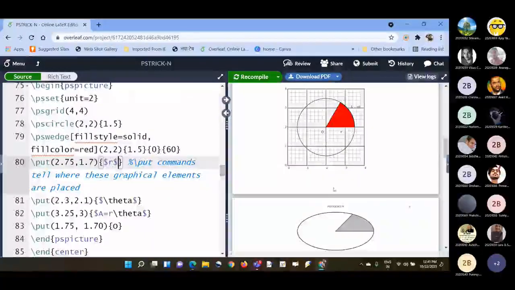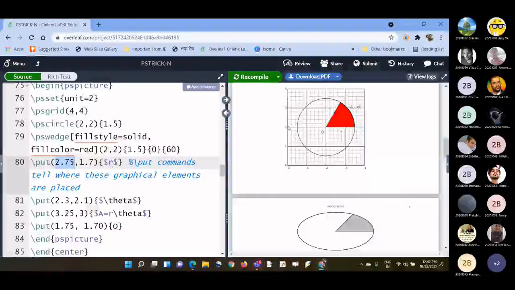And then of course you can see from here this is 1, this is 2, so this is 2 2. So this coordinate you need to choose yourself. This will be 2 point something, because this is to the right of 2, so 2.75 I have taken.